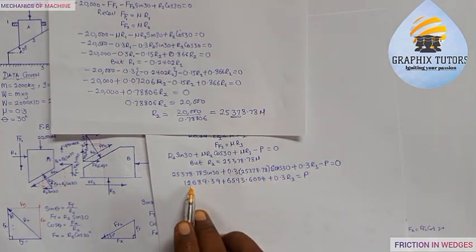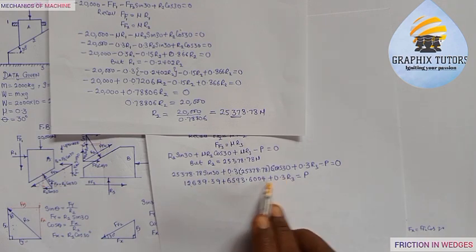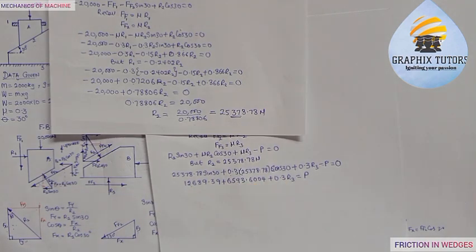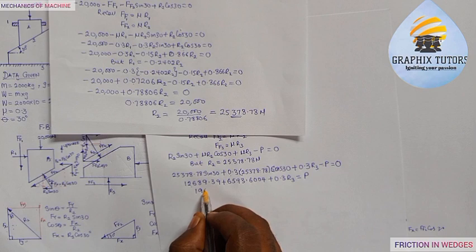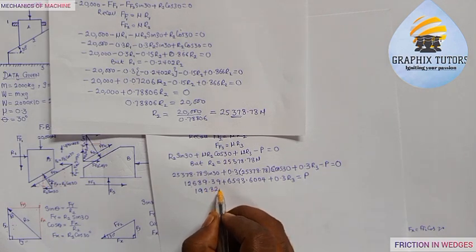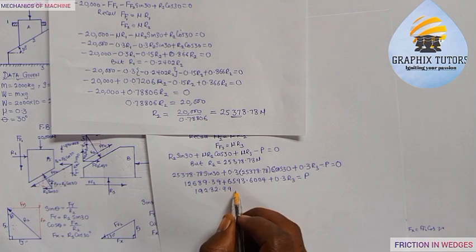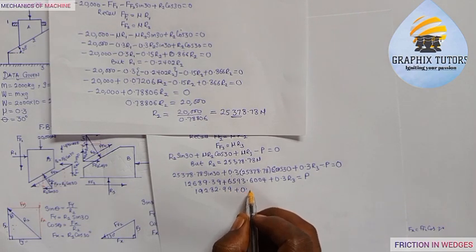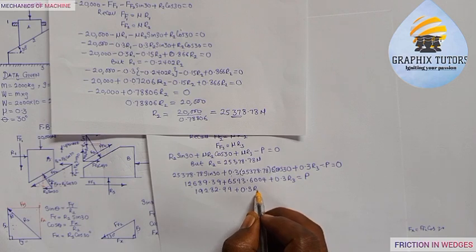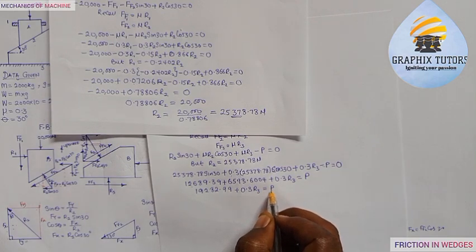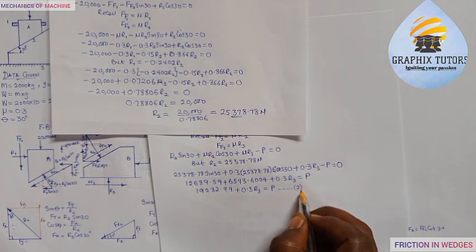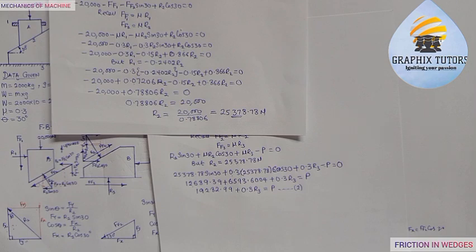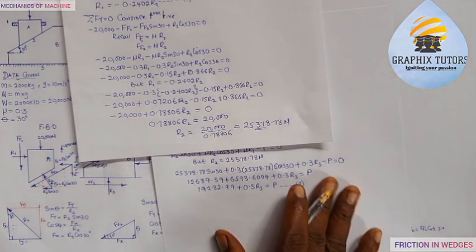So I'll add this plus this plus this plus this, that will be 19282.99 plus 0.3 R3 is equal to P. So I'll call it equation 2. Okay, so from here we have, similarly we'll do for summation